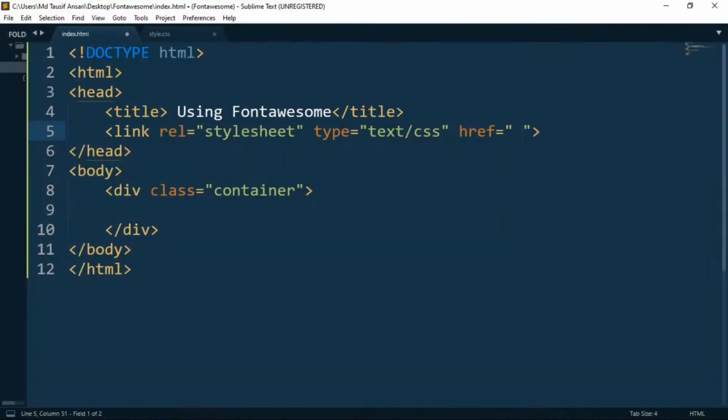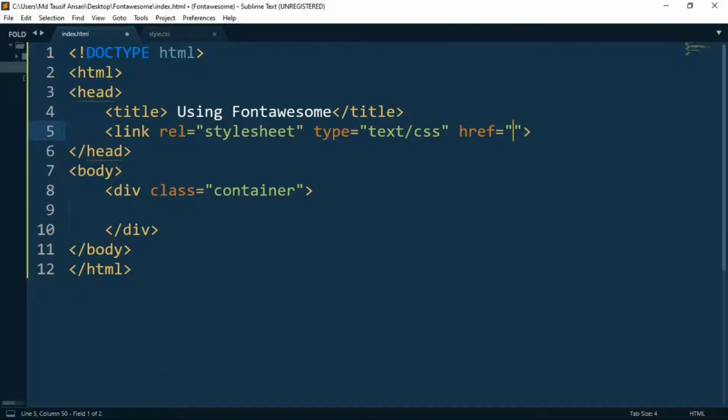As you can see, we have already created an HTML template over here to work less, and here a link attribute is given. Let's just get started. What you have to do is a very simple thing. You just have to write the path in which the folder is and the file is, to be more precise.